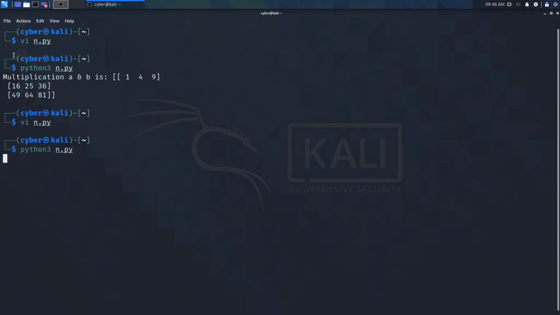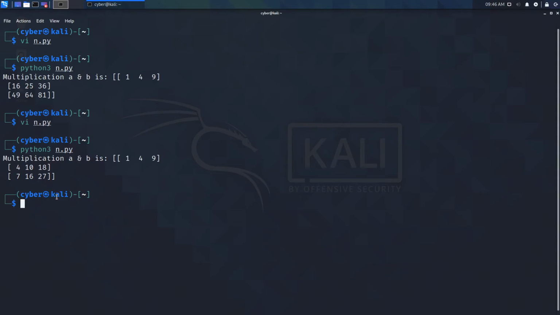Python 3 and the file name dot py, and that is the result that we got, which is the same as the above. You can say that the columns and the rows are equal in this case. But if they were not broadcast, you would need to get a different result from the first. But the second result is also the same as the first result. So here the broadcasting technique is applied.